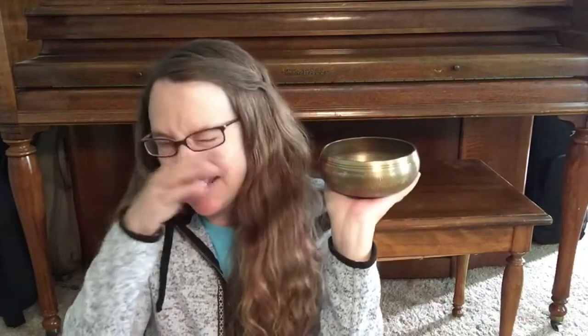So, as I've mentioned, I don't know much about these, so I've been doing a little bit of research online, and in the videos that I've watched, I've noticed a few things. First off the bat, this is definitely a small size. I've seen them like this big and larger. This is a smaller size, and it's a different shape. Every time I saw them being played, I noticed the sides were straight, and this one, if you notice, it tapers in at the top and bottom,